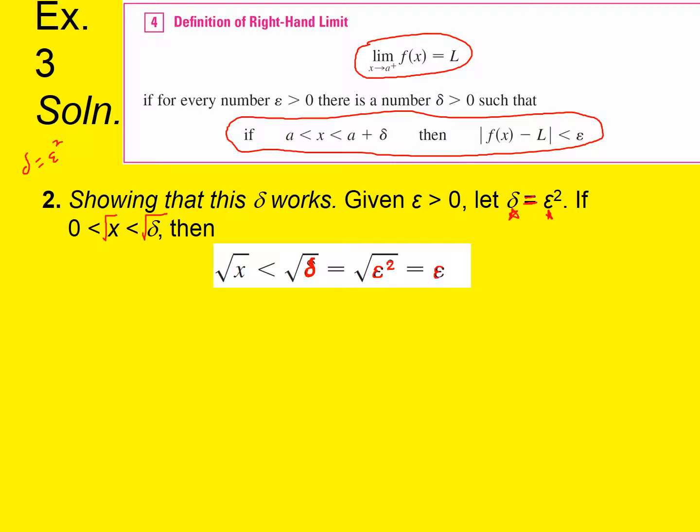So now we have the conclusion, on the assumption of this original inequality, that square root of x is less than epsilon. And that's saying the same thing as this clause here that we're required to be able to say anytime we've got x between